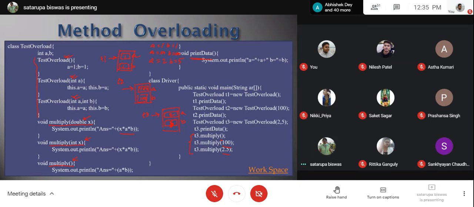after that. For this T3, you are calling multiply. So it will come over here, multiply 2 and 5, so 10. So that 10 will be printed as the answer. Next, for the same T3, you call multiply with 100. That means here you are going to come. So 100 into 2 into 5, so the answer is going to be 1000. In the third case, for the same T3, you are calling multiply with 2, 5, so that will come over here, and the answer is going to be 25.